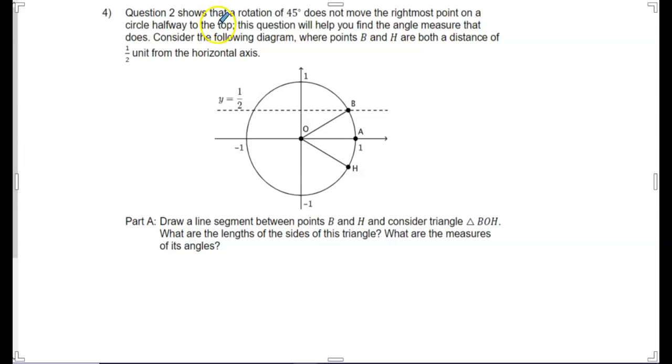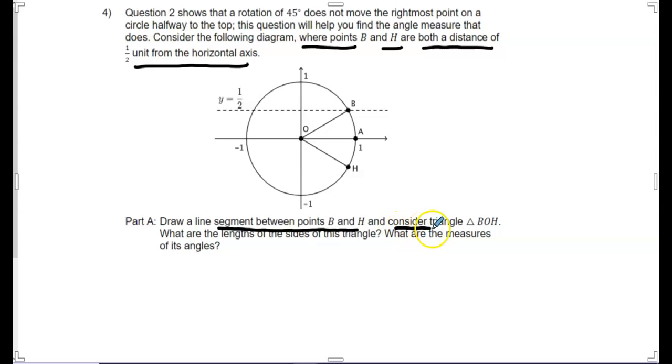Question 2 shows that a rotation of 45 degrees does not move the rightmost point on a circle halfway to the top. This question will help you find the angle measure that does. Consider the following diagram where points B and H are both at a distance of half a unit from the horizontal axis. Draw a line segment between points B and H